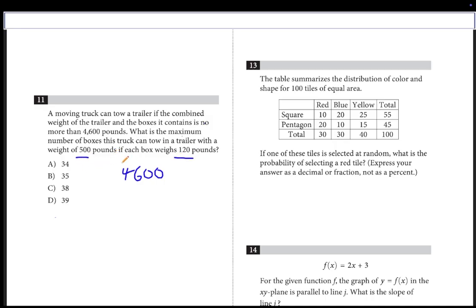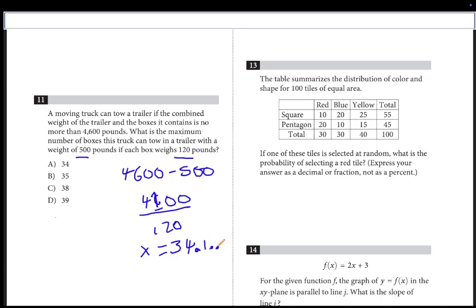So we know the weight of the trailer is 500, and we only have one trailer, and we want to find the number of boxes that we can put onto the truck, with each weighing 120. So we can subtract 500, as that's the weight of the trailer, and we don't want that. We just want the total weight of the boxes. So the total weight of the boxes is 4,100. So we can divide this by 120 to find how many boxes we can fit at the maximum weight. So 4,100 divided by 120 is equal to